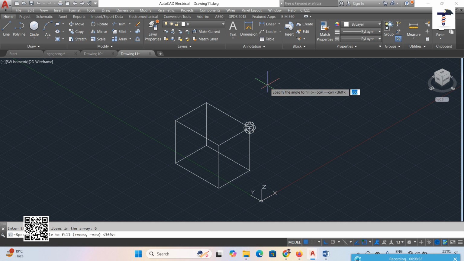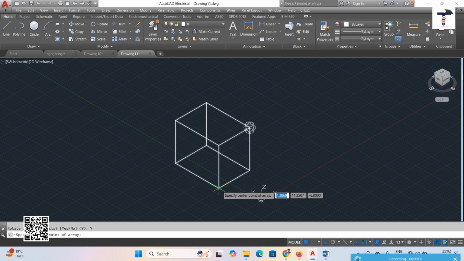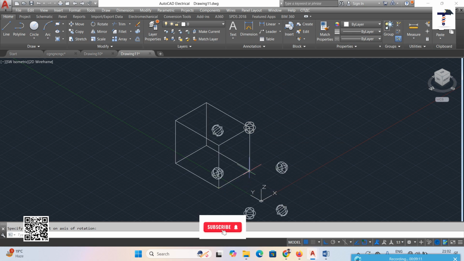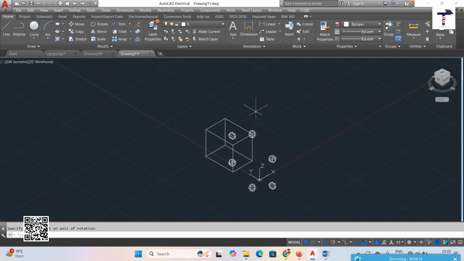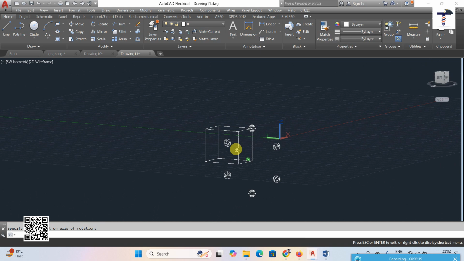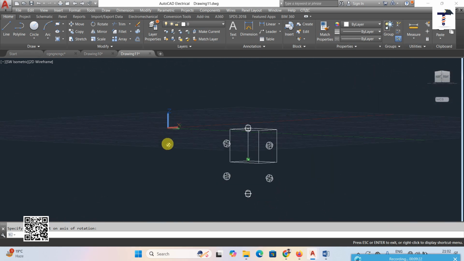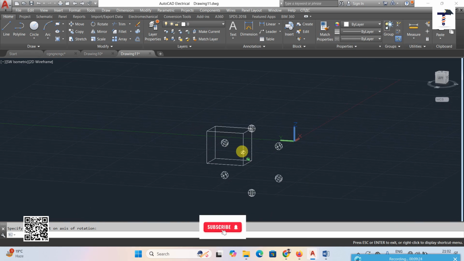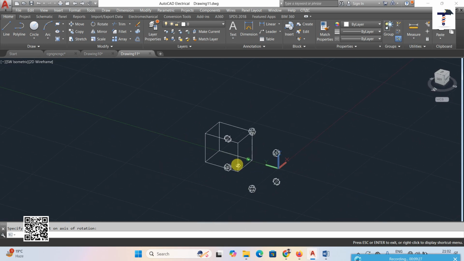Okay, 360 or 180 or 270 you can put as per your requirement. Suppose 360. Then rotate array object, yes or no. Suppose choose here yes. Okay, then center point of the line, this point and that point. Okay, about that line, this one is rotate. Okay, so just shift and scroll. So now this one is look like this. Okay, next undo it,